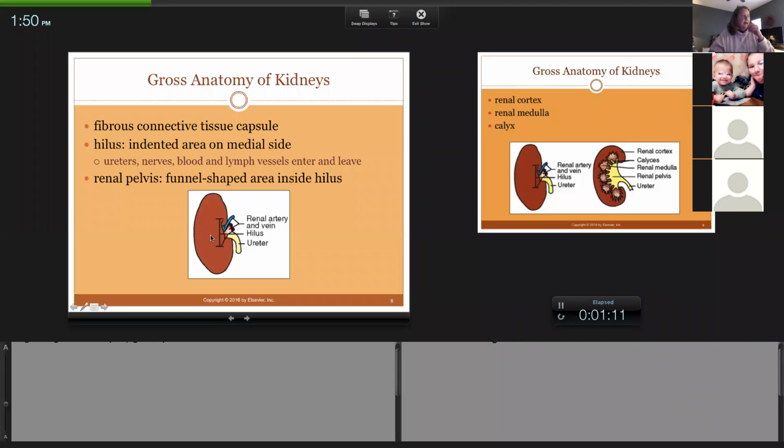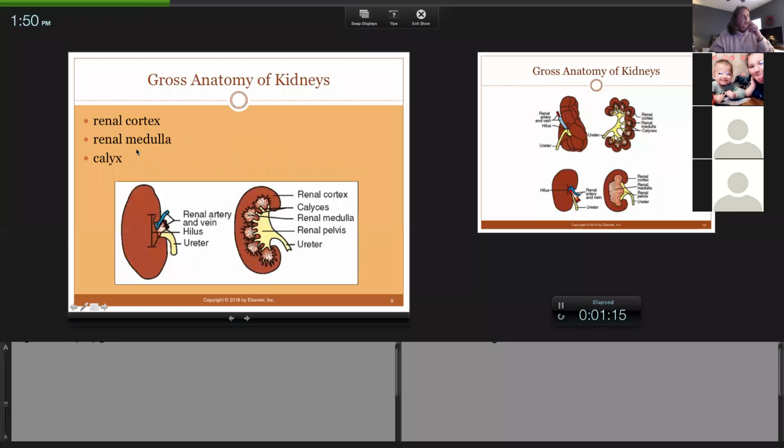Now, inside there's a pelvis, which we're going to look at here. Normally during dissection, first I want you to look at them in the body. Then you can cut out a kidney and cut it in half. And then you can look. The outer part